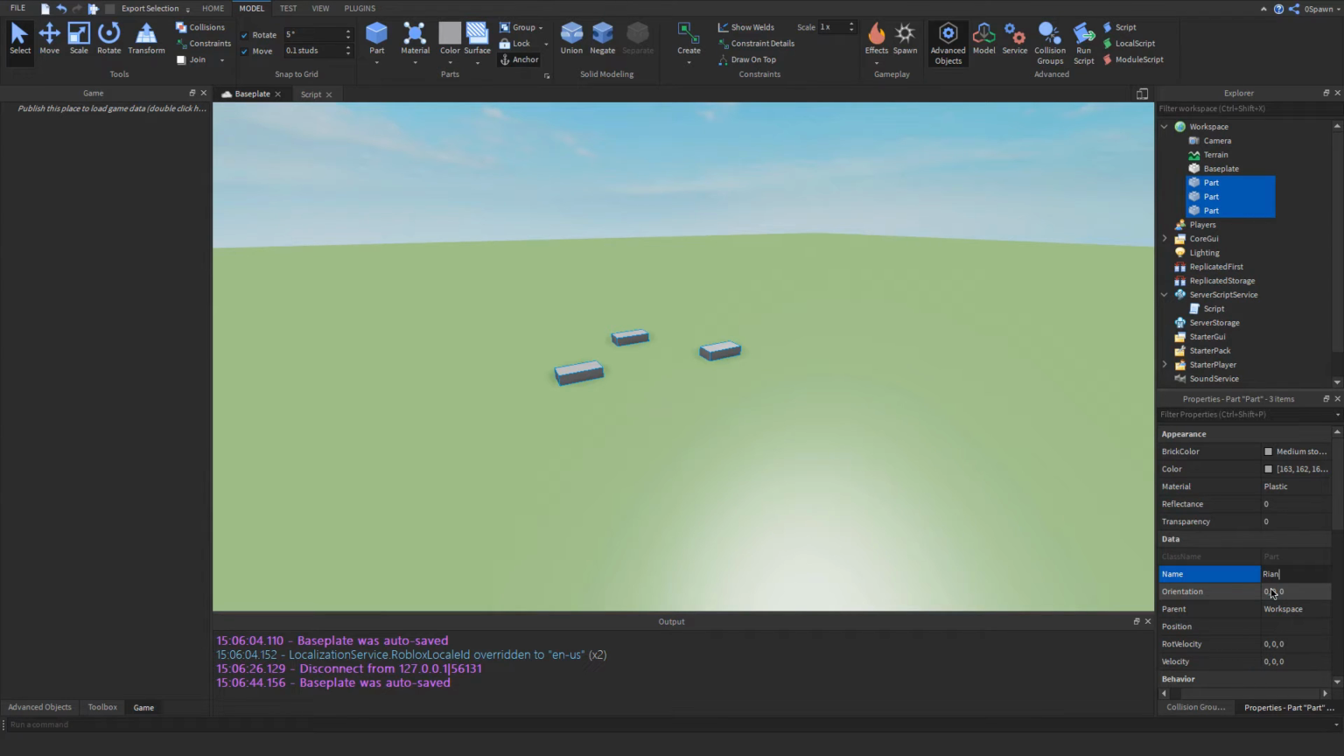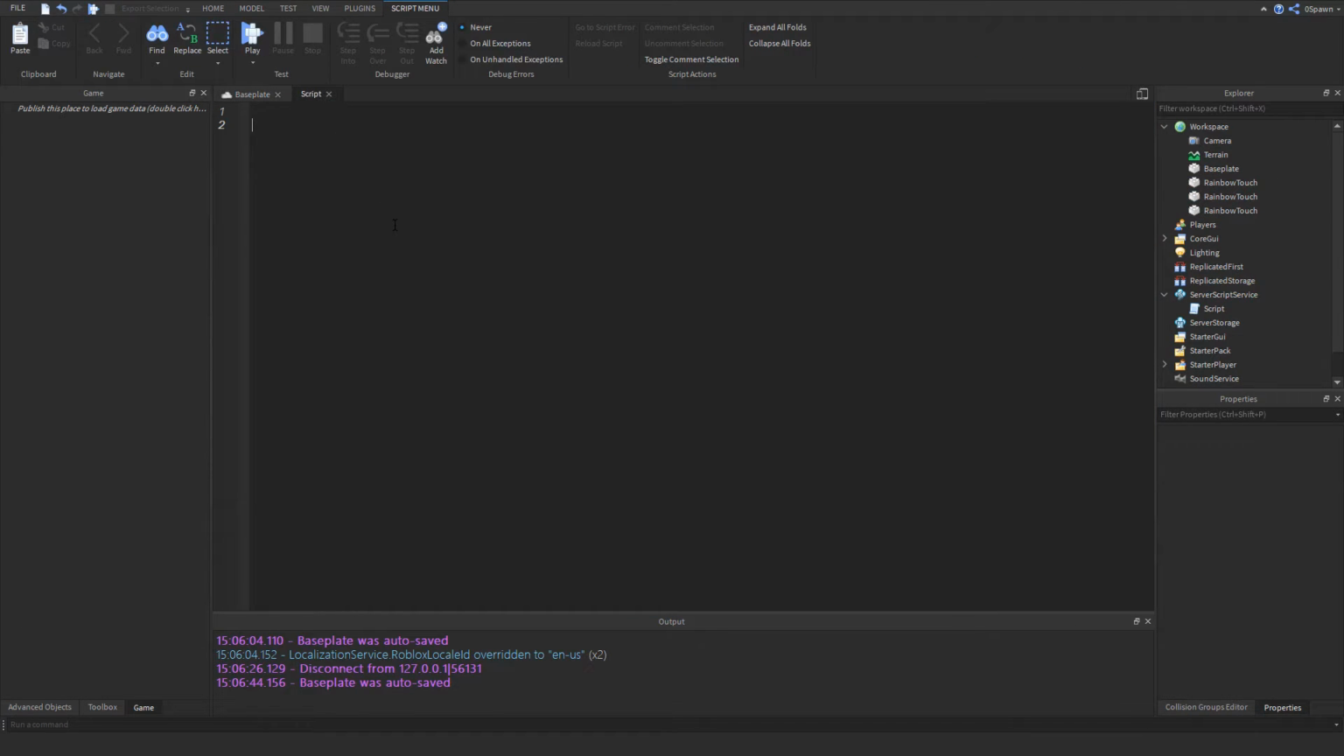So rainbow touch. Okay. So let's do, for i, v in pairs, do, and then here's our loop, okay, and then in here we have to do